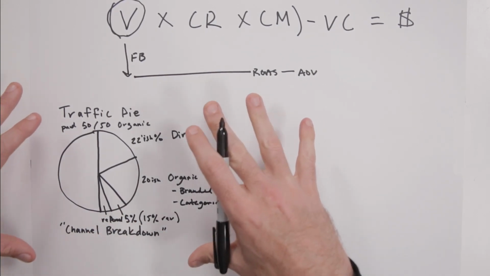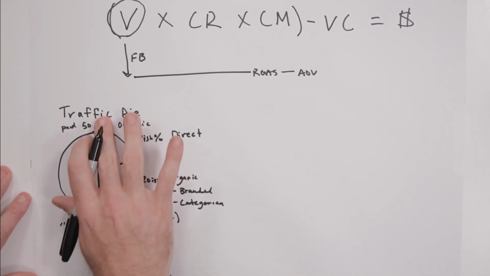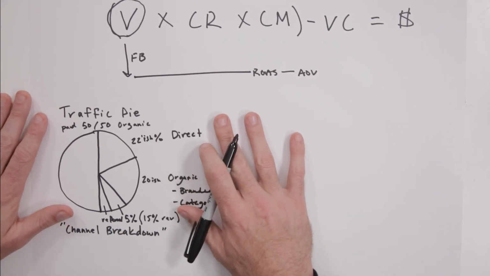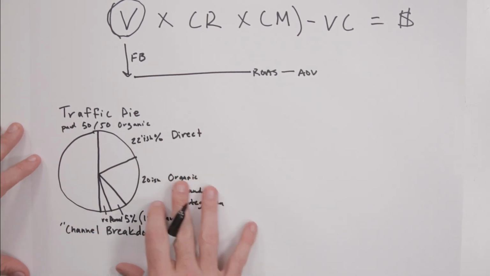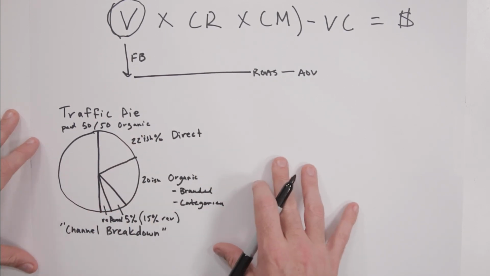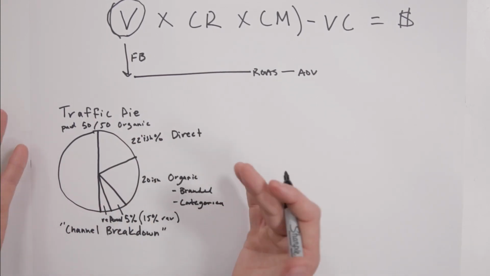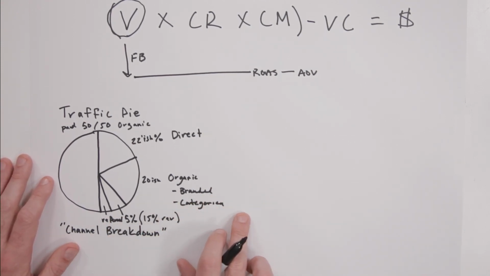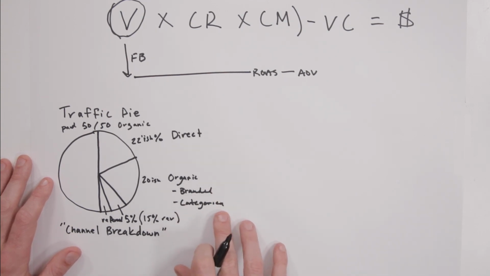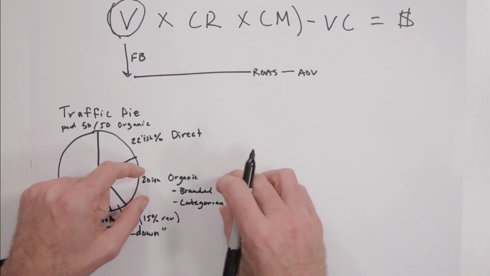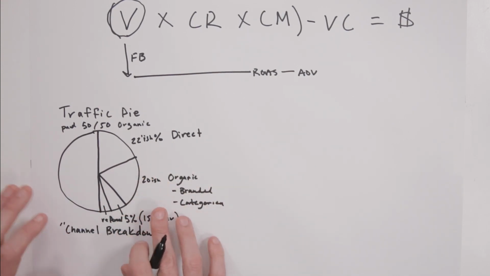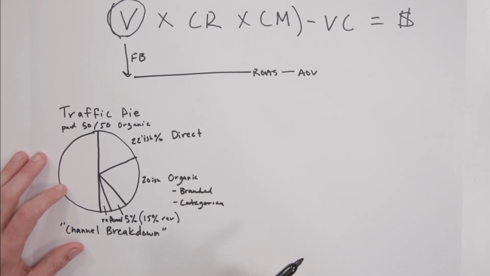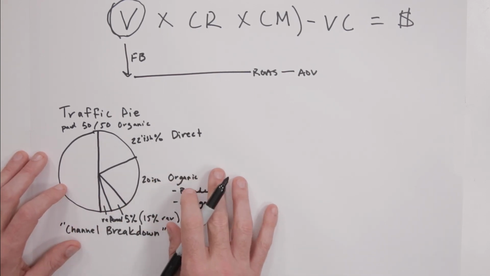So these give you an indication of that organic slice, 50% of your traffic, and where it should be coming from. If you find yourself to be disproportionately over-indexed, strong in one area or weak in another, it's worth thinking of that as an entry point into exploring areas of opportunity. Now, for some businesses, if you are in a search category where there is large categorical volume, obviously there's greater opportunity to improve this area. If you're in a brand new product category, there's going to be very little existing search volume, and so it's going to be important to consider that when looking at your own breakdown.